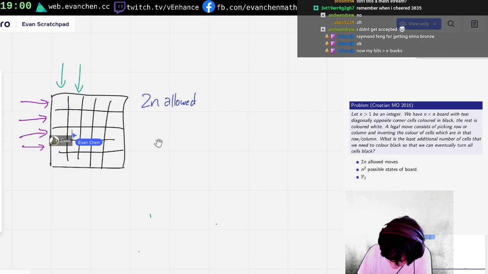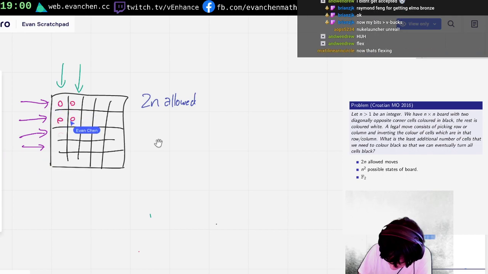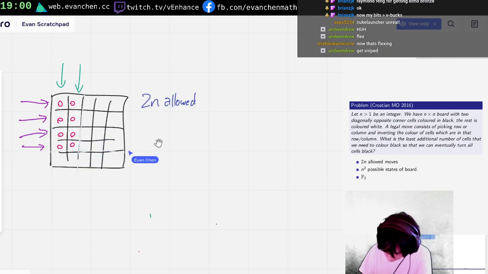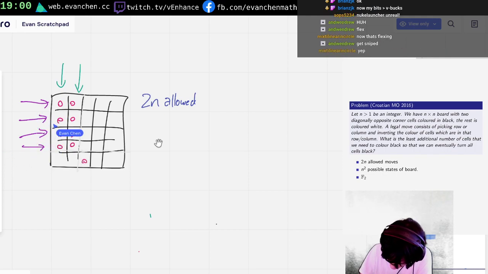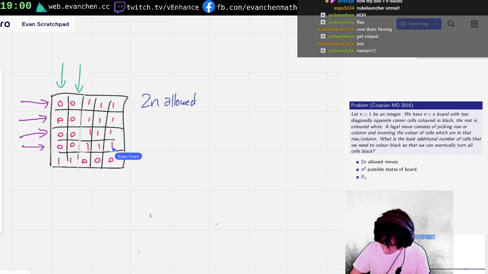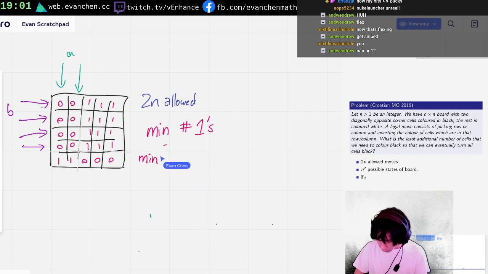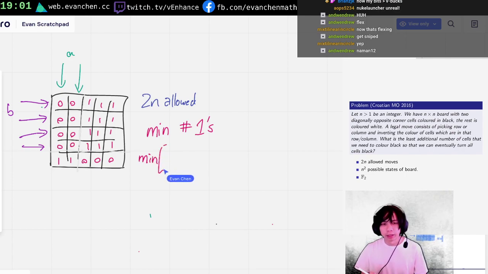So given a set of moves for the rows and for the columns, your final state will look something like this. It will be a rectangle with zeros, and then another rectangle with zeros, and then some ones. And the question is basically asking, what's the minimum possible number of ones you can have? But you can explicitly compute how many there are, because if there's A of these and then B of these, the number of ones is, it's almost asking this. The one little caveat is that there's a requirement that at least 2 of the ones in the problem are